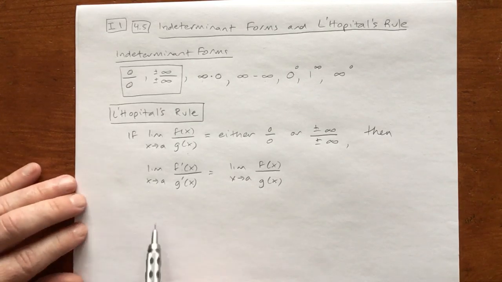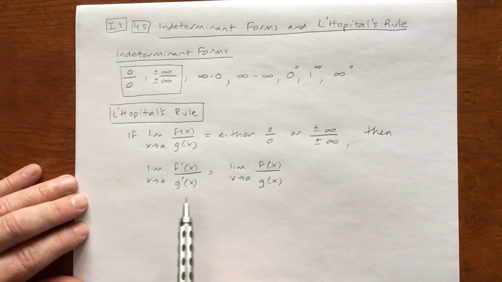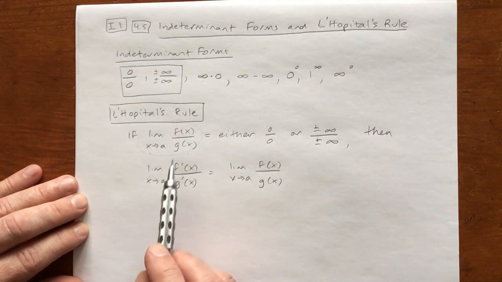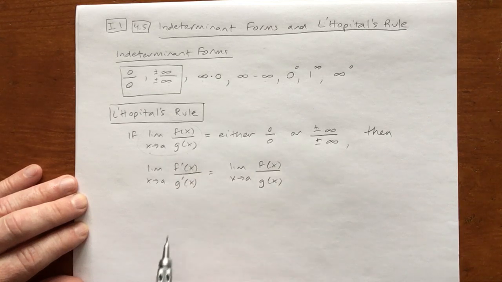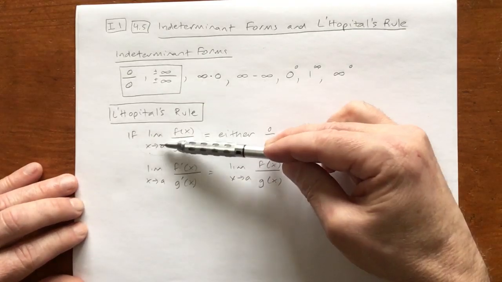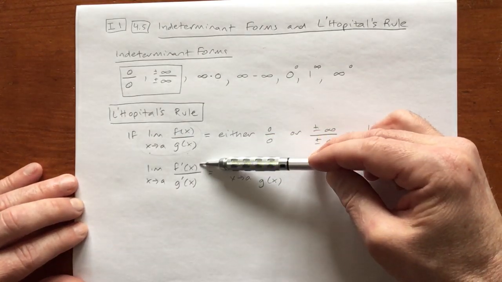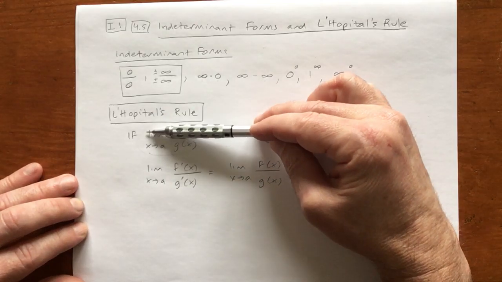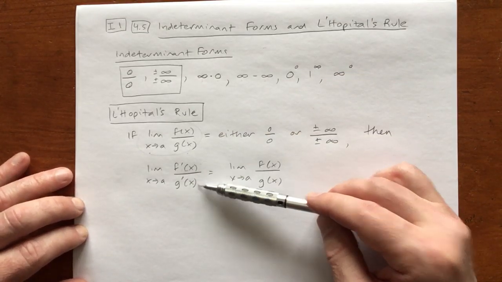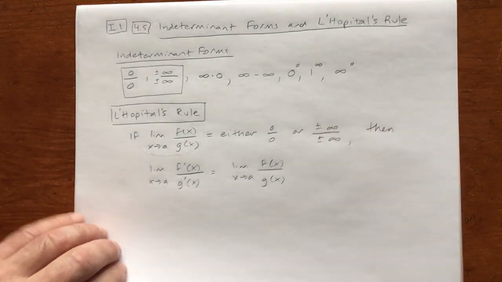So one very common mistake with L'Hopital's is to say, okay, I have the limit of a fraction, I have to derive, and students will want to apply the quotient rule. Note that this is definitely not the quotient rule. We're ignoring the bottom and taking the derivative of the top, and then separately we ignore the top and we take the derivative of the bottom. So let's go ahead and see our first problem